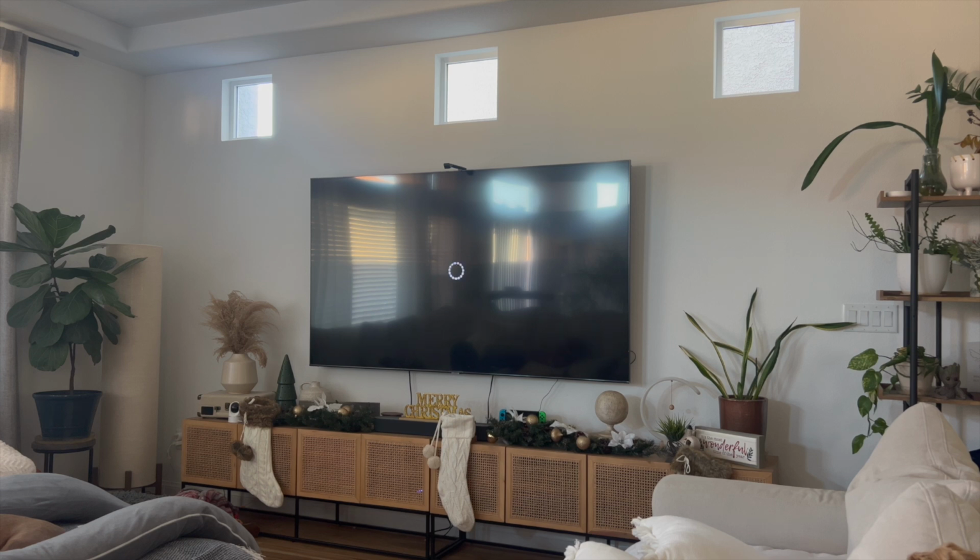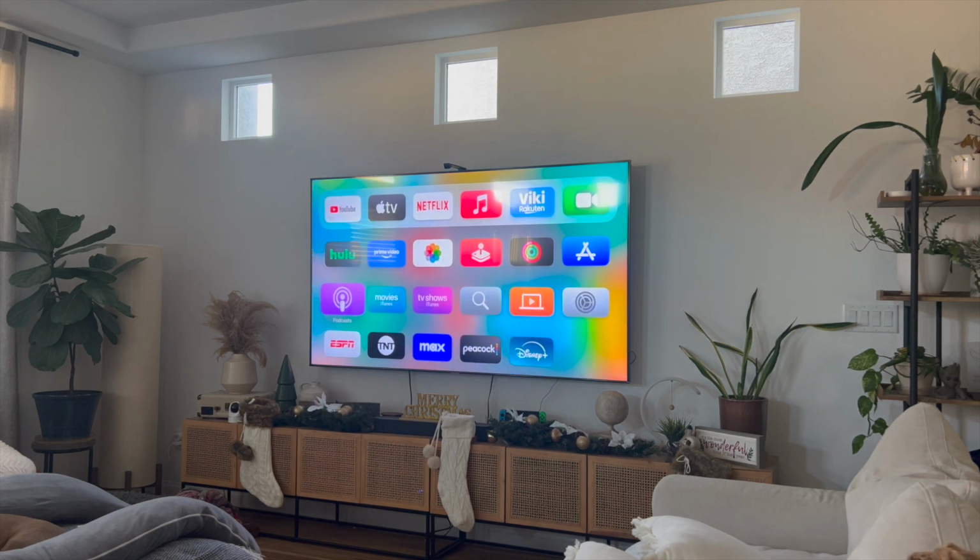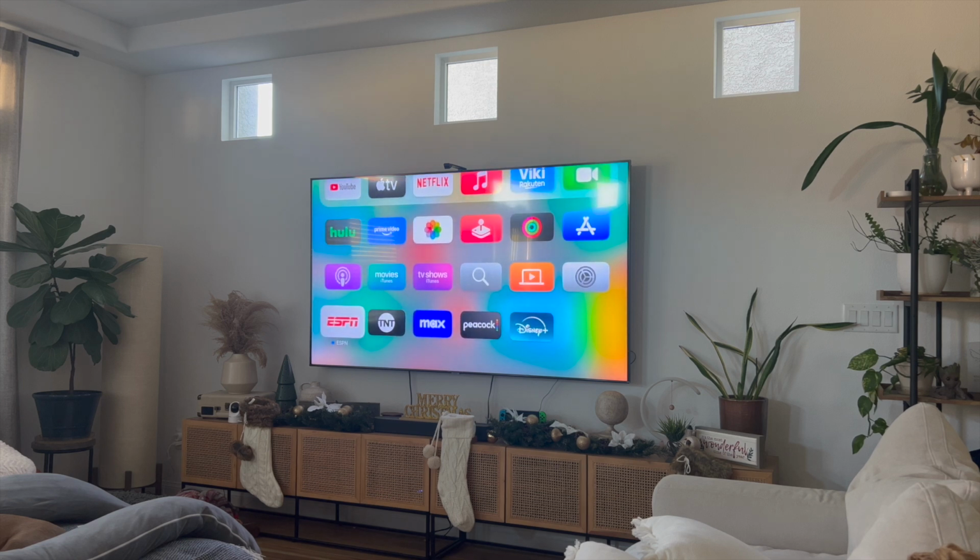While we wait for this to load, it's also important that you check your internet connection. So you might want to go ahead and reset your router so that you make sure that your Apple TV is connected to the internet. The other thing you can do is make sure that ESPN and your Apple TV are updated to the latest version. By being updated to the latest version, you'll decrease your chances of running into any issues or bugs when running